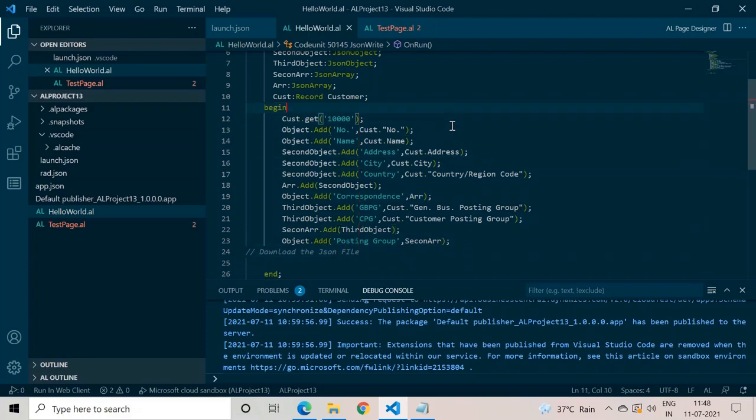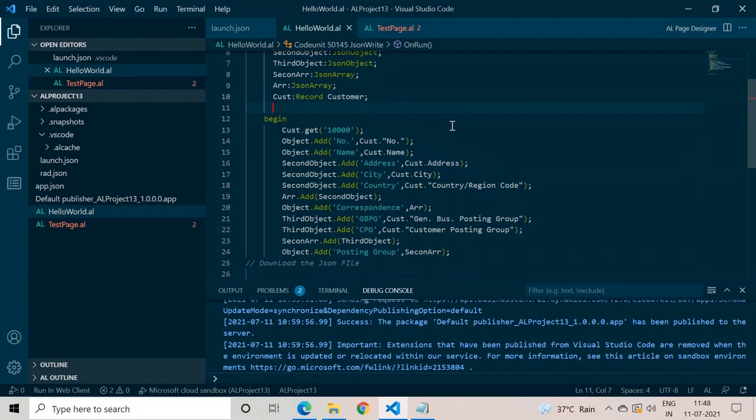So for this we need to add a few more data types. The very first one is the temp blob code unit. Guys, I'm using the SaaS version of Business Central, and in the SaaS version the file management code unit and the functions inside it do not work, so for SaaS we have to tweak the file functions a little bit, unlike on-premise.